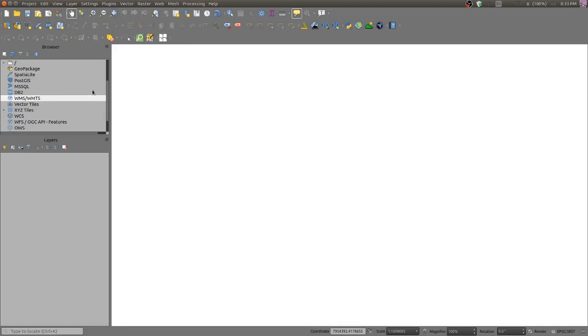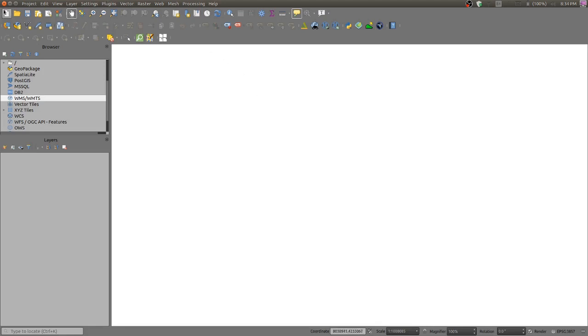This first panel is called a browser panel. This is like ArcCatalog. If some of you have worked in ArcGIS, this is like ArcCatalog, wherein you can see all the resources which you are going to use from your system. And this is the layer panel, where you have to drag in and add layers, and you can remove layers from this map working area.